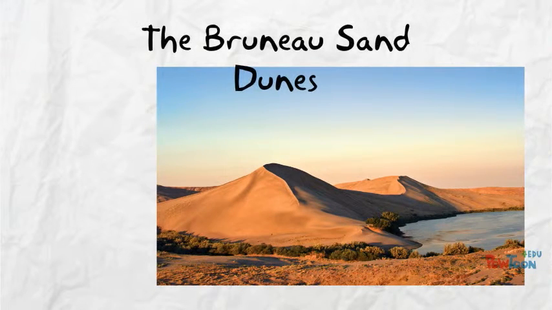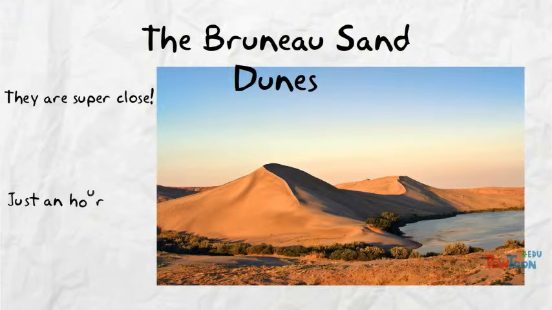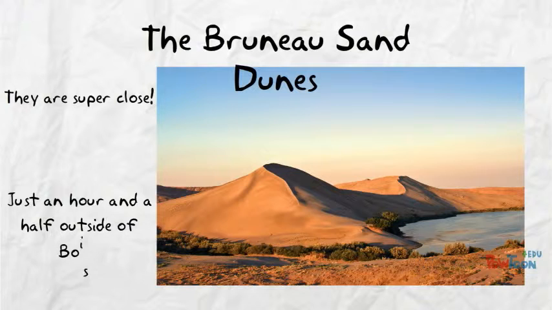The Bruneau sand dunes are located 8 miles east-northeast of Bruneau and 18 miles south of Mountain Home. These dunes were formed from constant wind activity and a natural trap. Unlike most, these dunes do not drift, as the winds blow from 2 different directions, keeping the sand relatively in the same place.